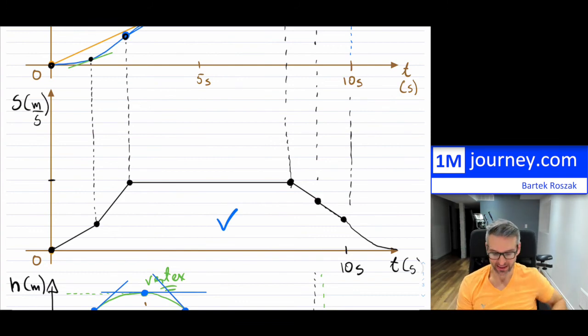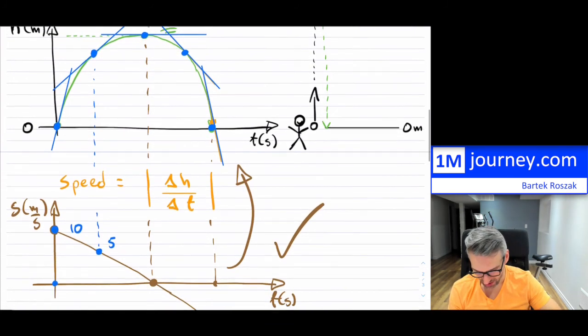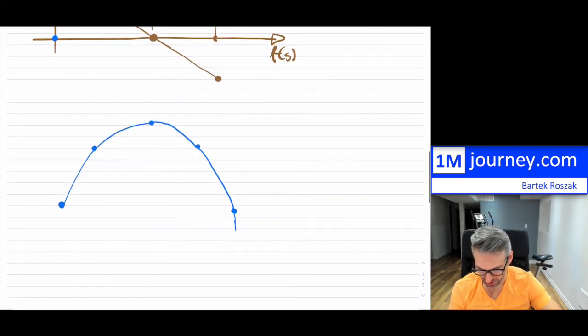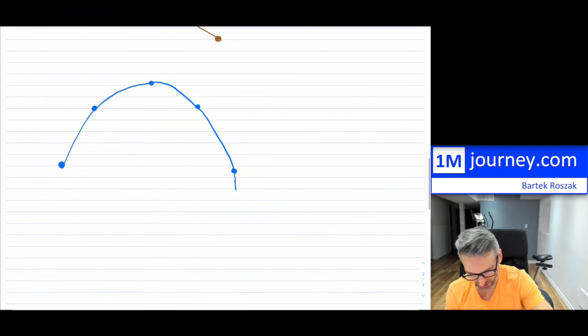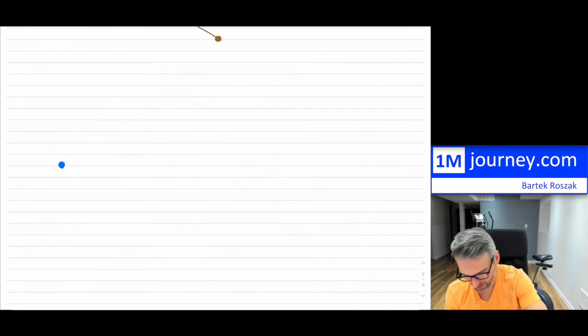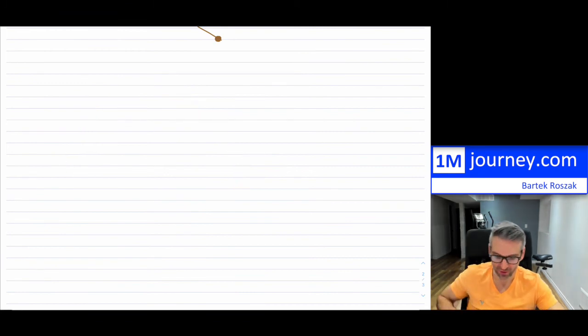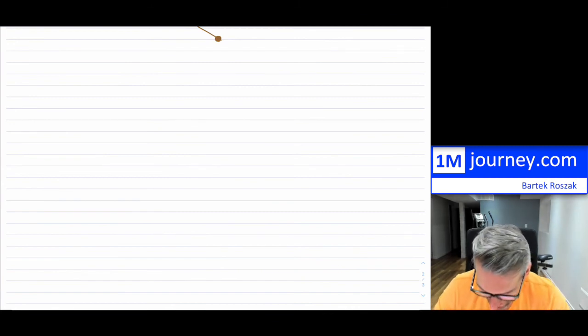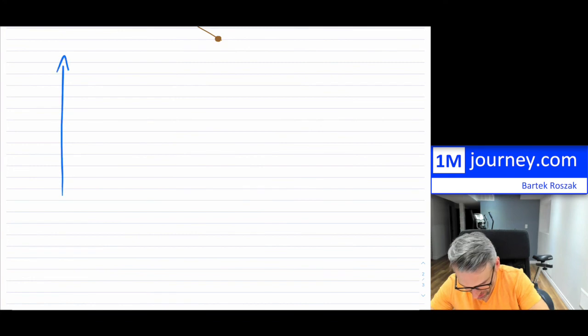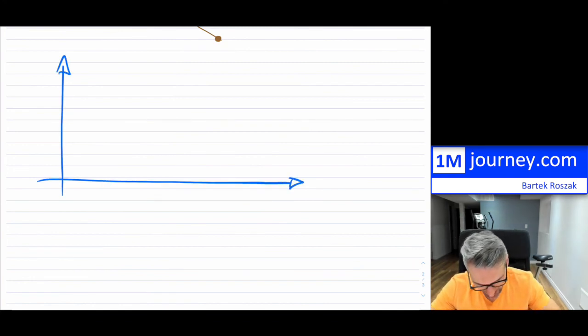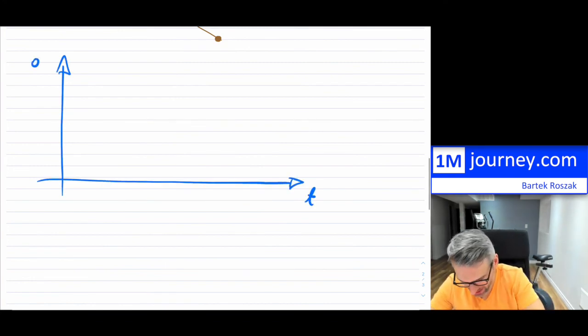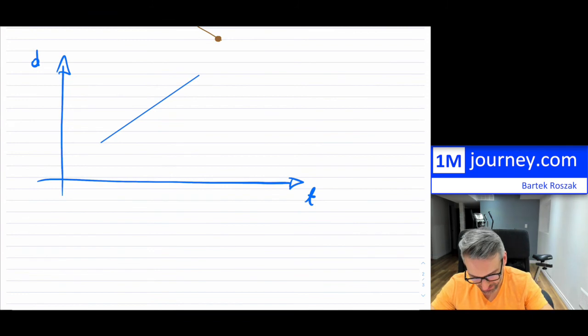All right. Now, before I finish this, I hope that these examples made sense to you in terms of graphs. They're not the prettiest of graphs, but I wanted to give that to you. So when you're drawing these, let's say this is time, and let's make this a displacement. If you have a straight line, like a constant line, notice that